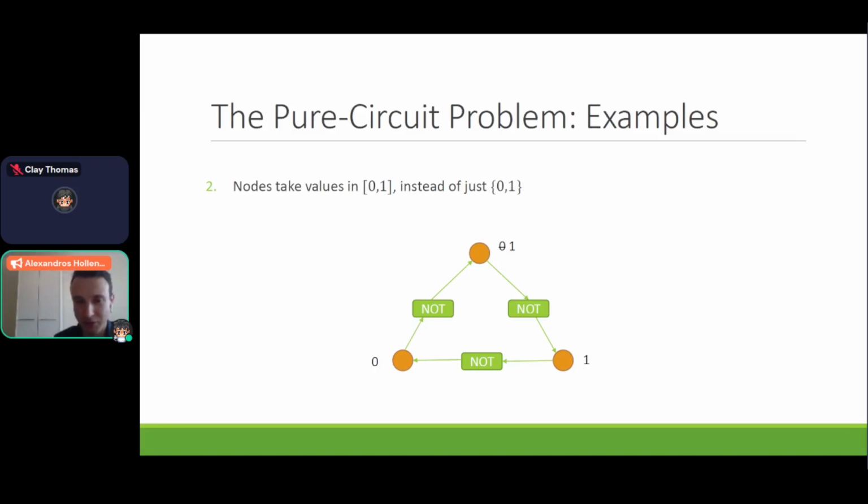If you allow any value between 0 and 1, for example, you could just put 1/2 on all of the nodes, and that will work, because if you remember the NOT gate, if its input is a garbage bit, like 1/2, then it doesn't care about its output. It can be anything. So 1/2 is fine as an output as well. In other words, if you put 1/2 everywhere, all the 3 NOT gates are happy with that, and they tell you, good job, you solved the problem. All right, so this is why we need any value between 0 and 1, and not just the pure bits.